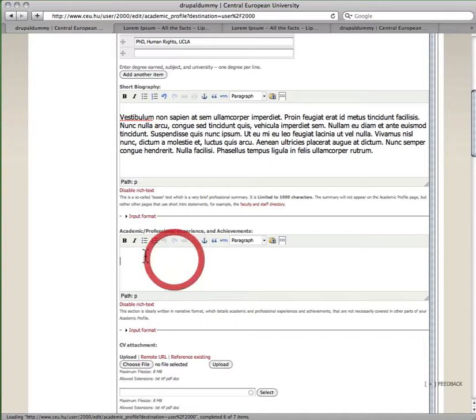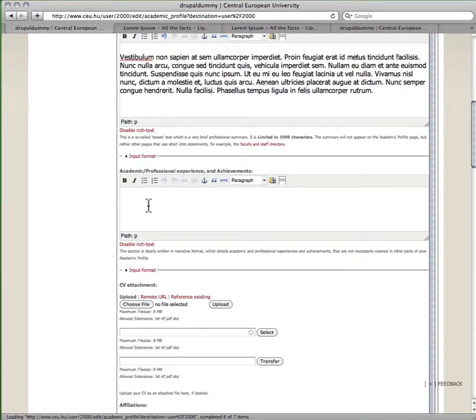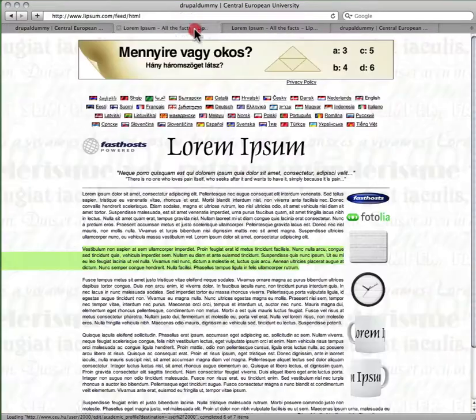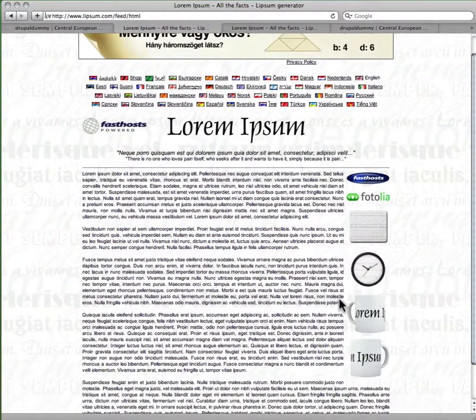Now, if you have a longer biography, that's where that goes: academic, professional experience, and achievements. Again, you can select your biography, preferably in a narrative format, but you may also have bulleted points. Let's say this is my full biography. I'm copying this,